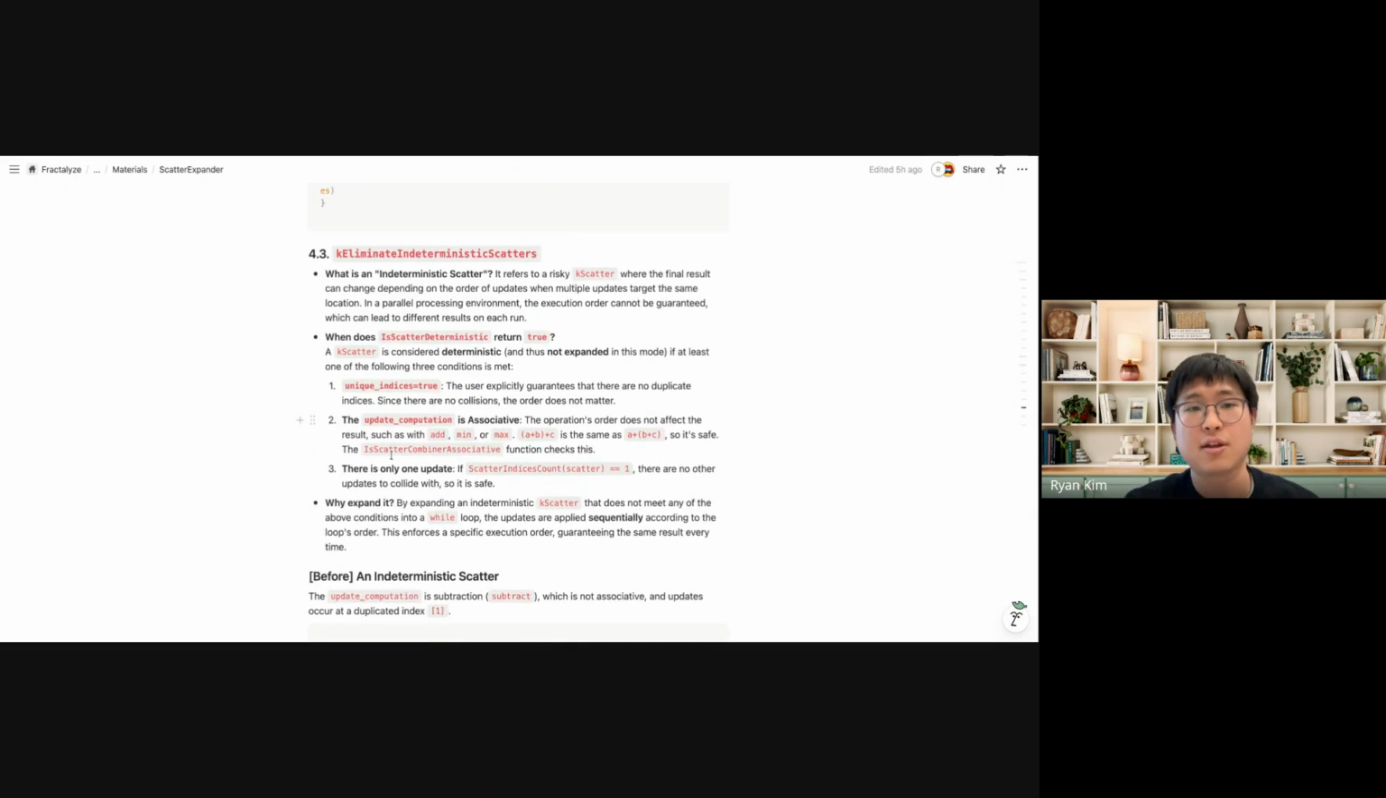And the last mode is eliminate indeterministic scatters. And what I mean by deterministic is like this. The case is not falling to this. So for example, if every index doesn't collide with the others, that is deterministic. If the indices can collide, then depending on your operation, it could be